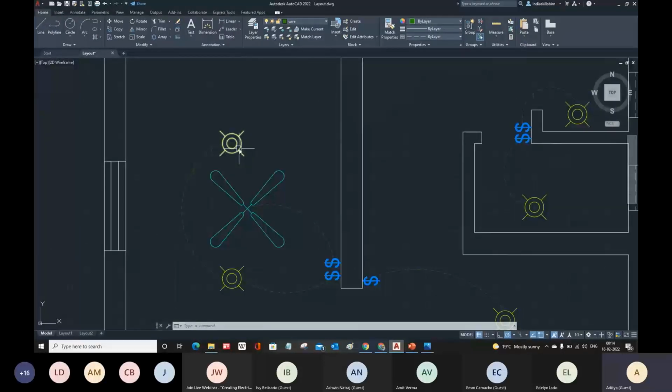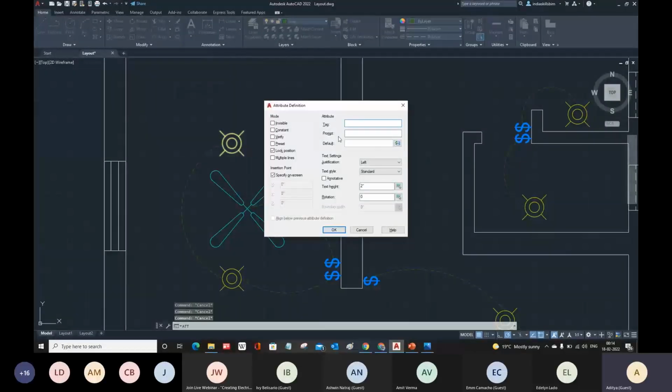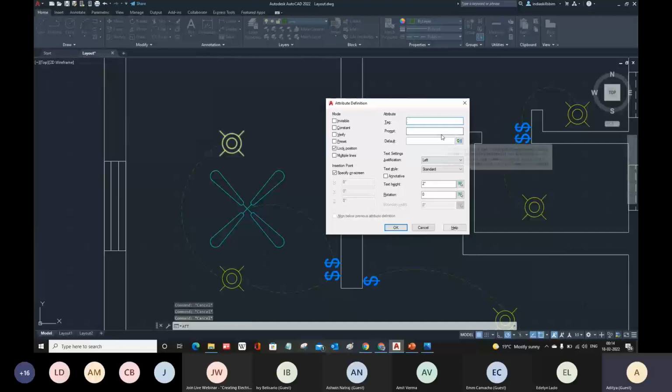For attribute, you can simply use ATT, which is a shortcut for attribute, and then tag. Suppose I want the tag as coordinates. So let us make it CORDS, and prompts again, like what it will prompt you. And here we have defined, this is important.